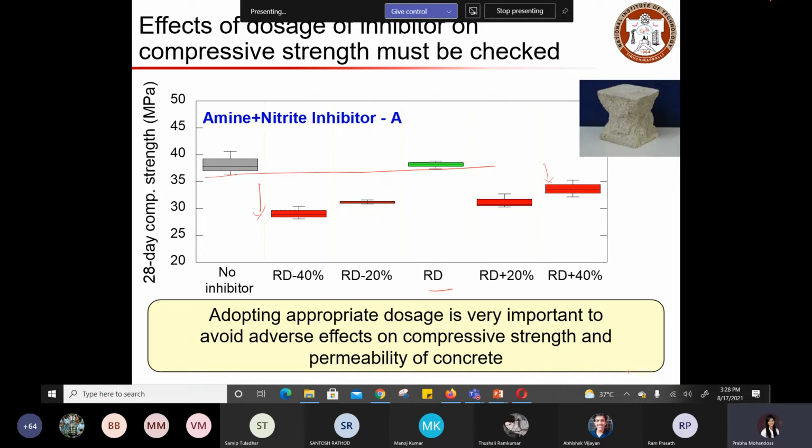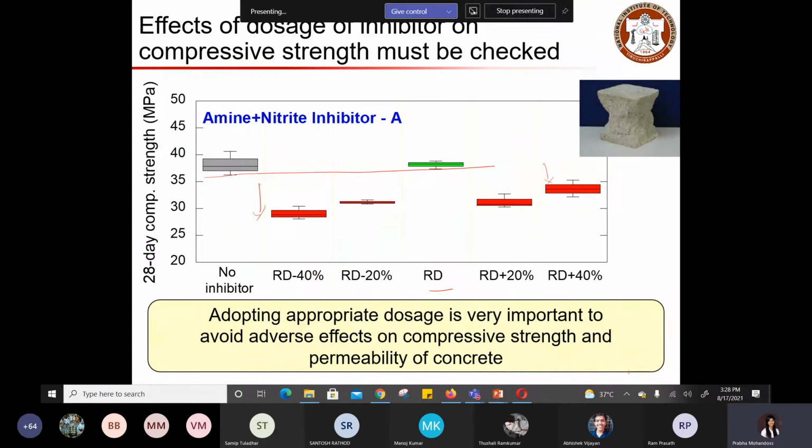Because when we say that you can add admixtures in concrete, you should also say what is the purpose of adding admixtures. That is to prevent corrosion from occurring. So it is not like you can add any amount of admixtures in the system so that you can prevent the corrosion completely, and your system is going to be durable. There are certain challenges involved when you add such admixtures, that is going to affect your workability, and mainly your strength. So you need to do trial and error experiments so that you can find out the optimum amount of corrosion inhibitors required for concrete preparation, right?